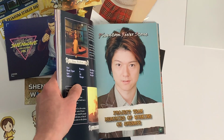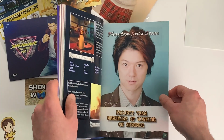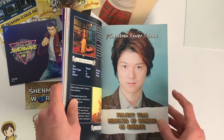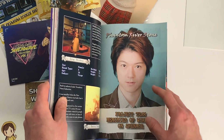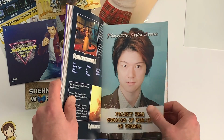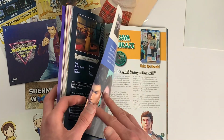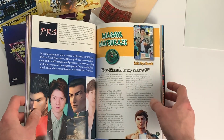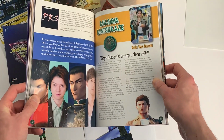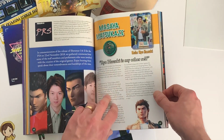And next we've got another blog post from Switch, Phantom Riverstone. This is a cool one. This is the Japanese people that are involved in Shenmue 1 and 2. This is very recent, I think in 2018, just a catch up with some of the cast members, some of the people that worked on those games originally, and just some of their memories, really. Some cool memories from the voice of Ryo,